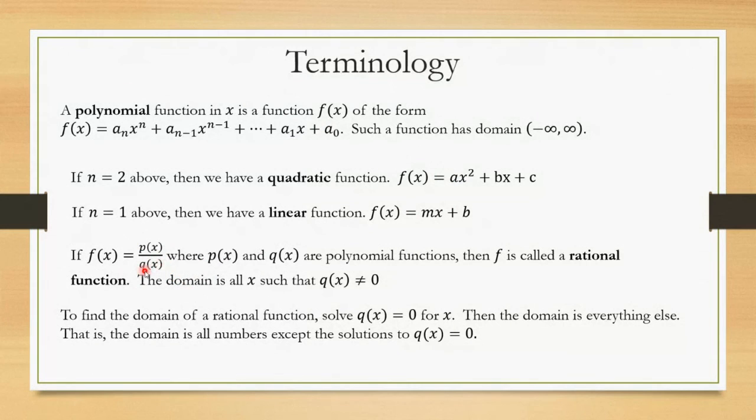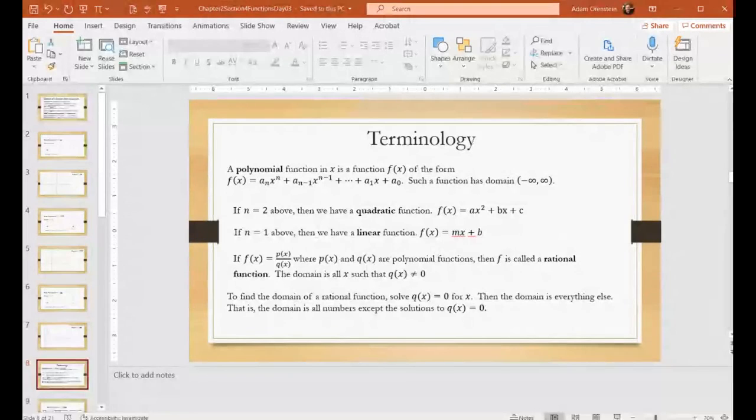And the domain of these is all x such that the denominator is not 0. So it's just like what we saw before. To find the domain, you determine where the denominator is 0, and then the domain is everything else. Okay. So as an example,